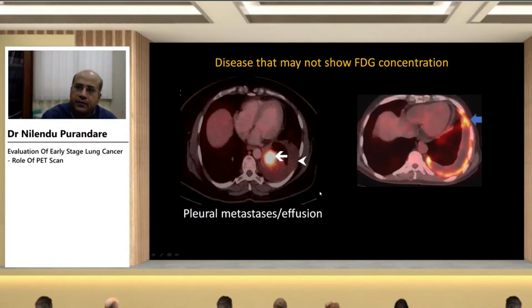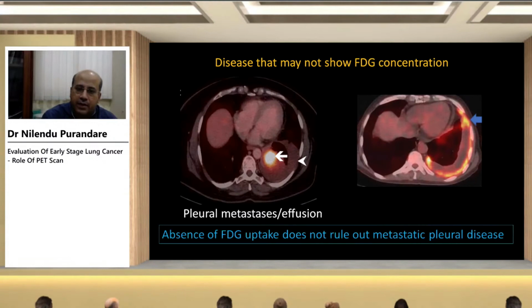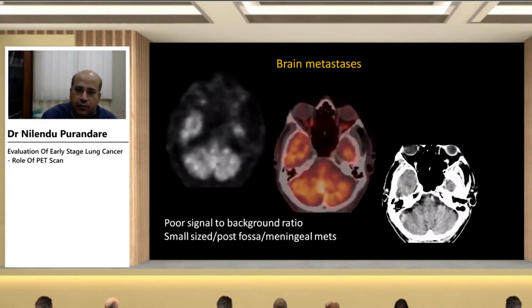But absence of FDG uptake in pleural effusion does not mean it's not metastatic pleural disease. For brain metastases, on PET there is normal physiological uptake in brain tissue, so there is a very poor signal to background ratio, because of which PET can often miss disease in the brain. So lesions which are very small, or lesions in the posterior fossa, or meningeal mets can be missed